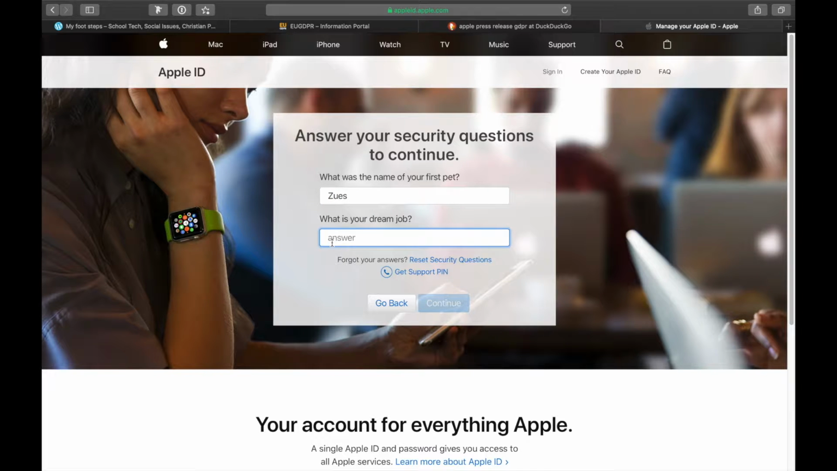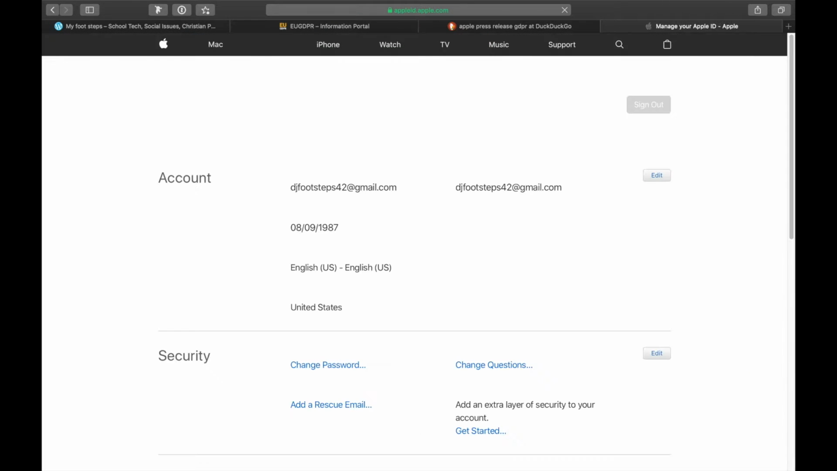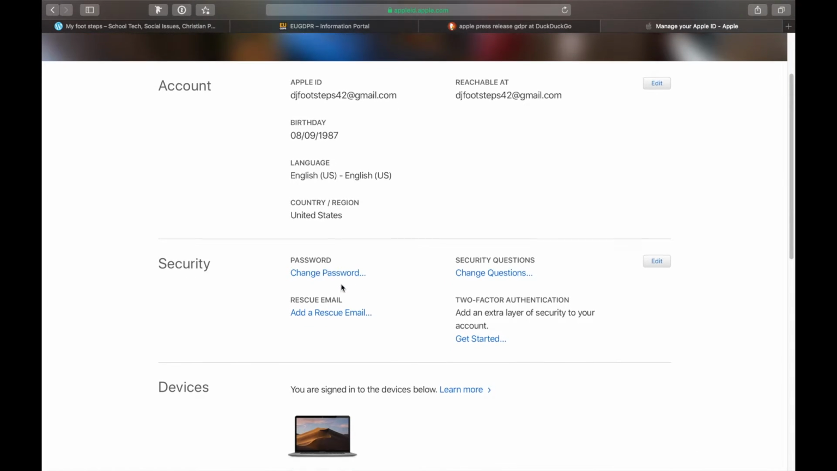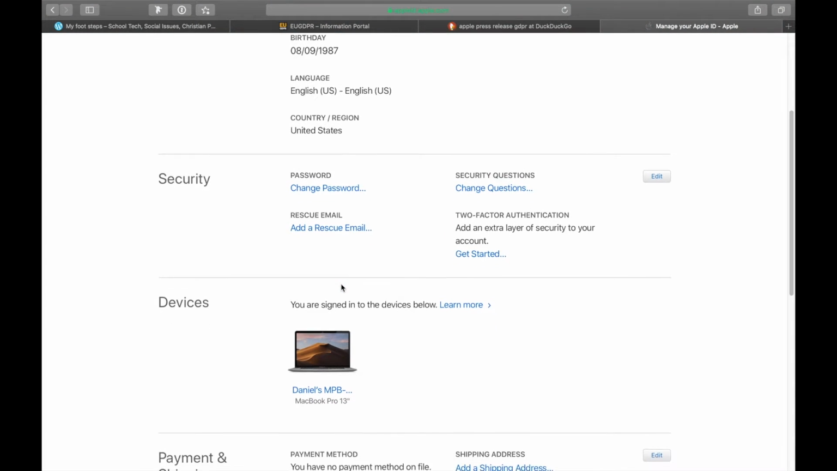When you log in, you will find yourself on the main Apple ID page. From here, you can do many account actions. By the way, if you're interested in me making a movie on these options, please let me know in the